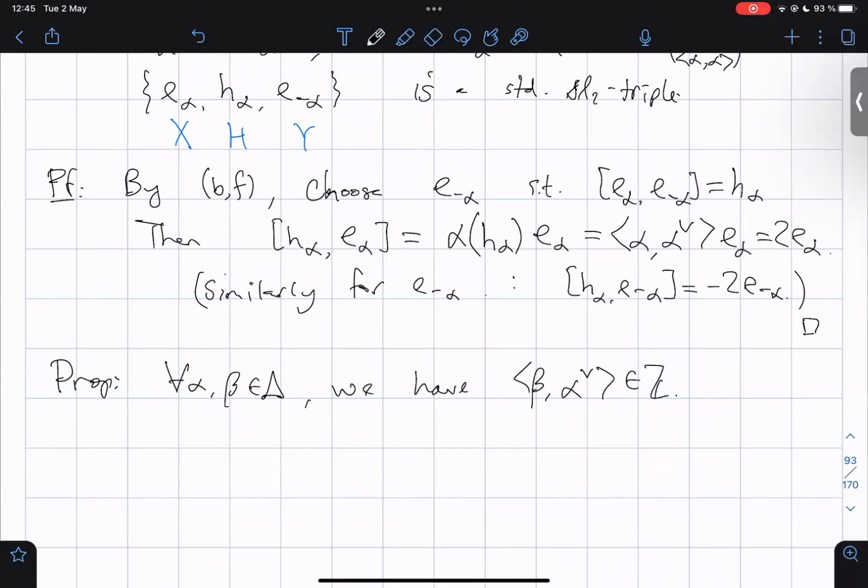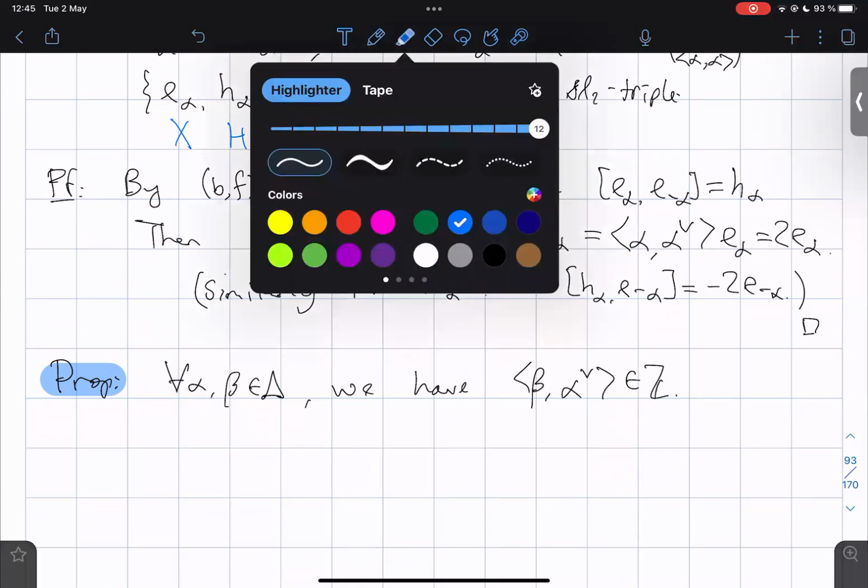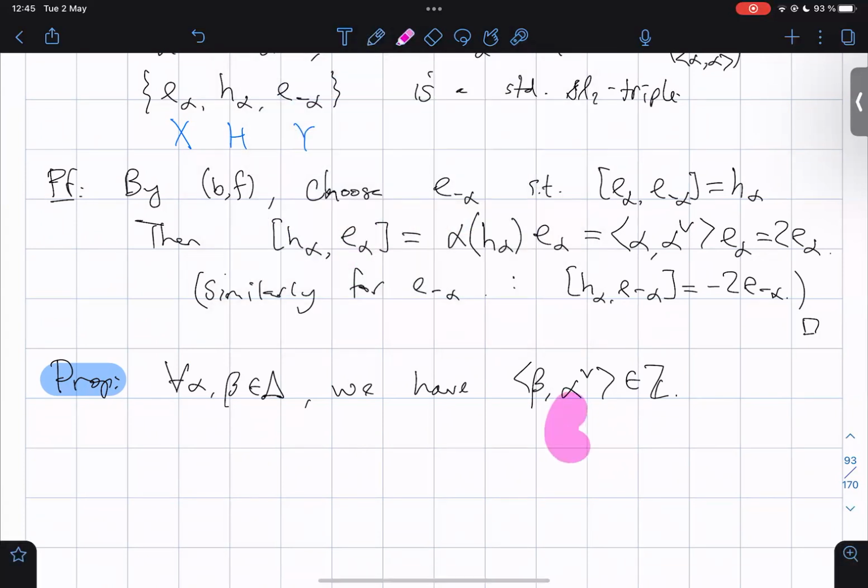It's because of the existence of these SL2s that you have these integrality conditions. For any two roots, we have beta paired with alpha check to be an integer. And we'll see the relevance of this integrality condition. This is the so-called